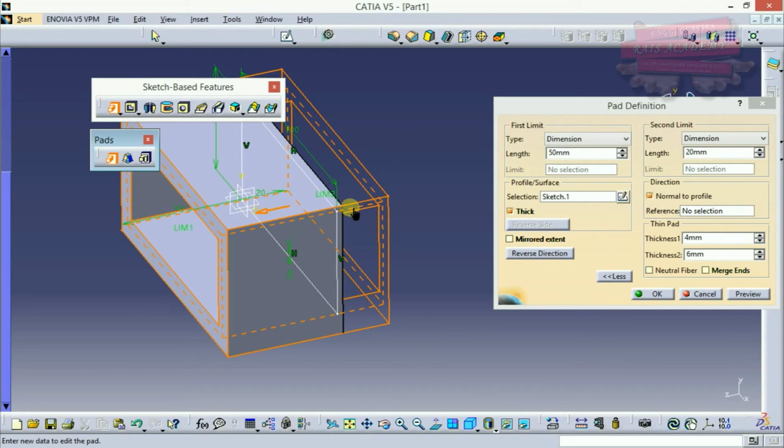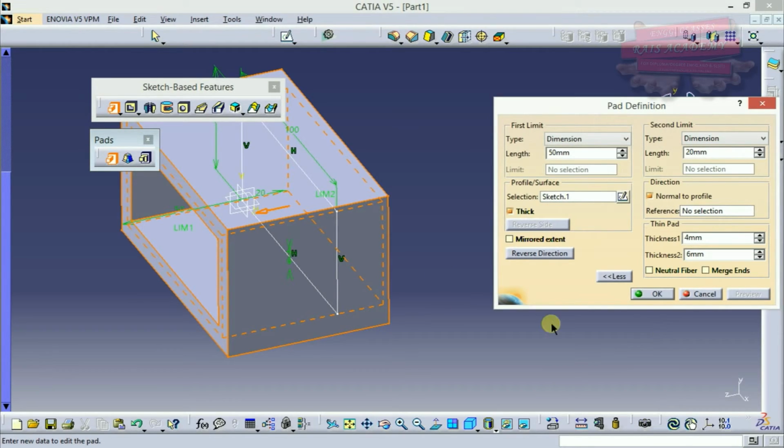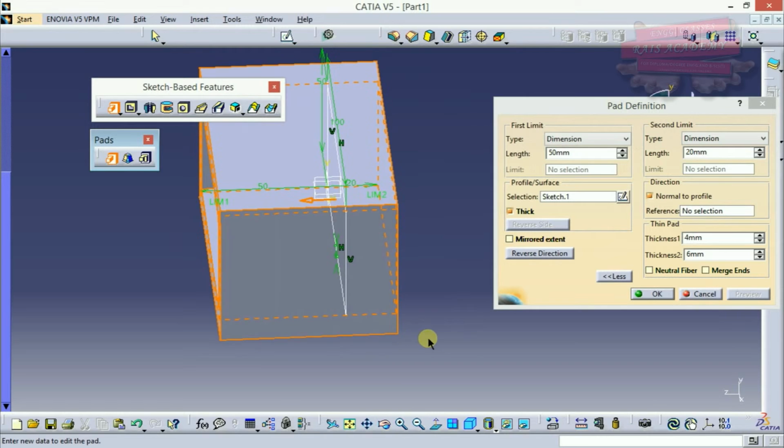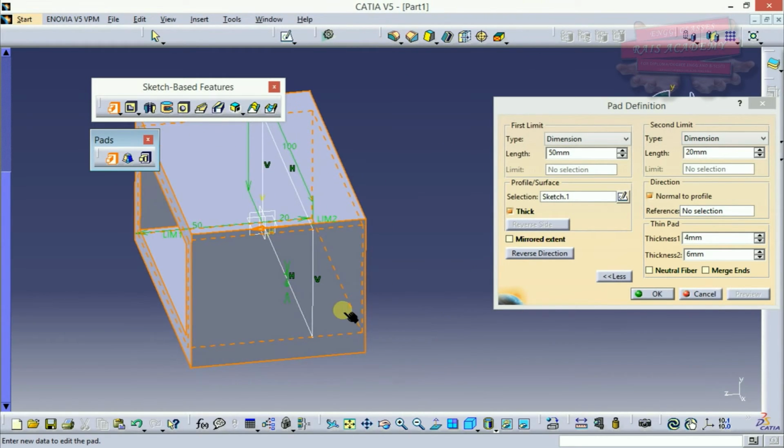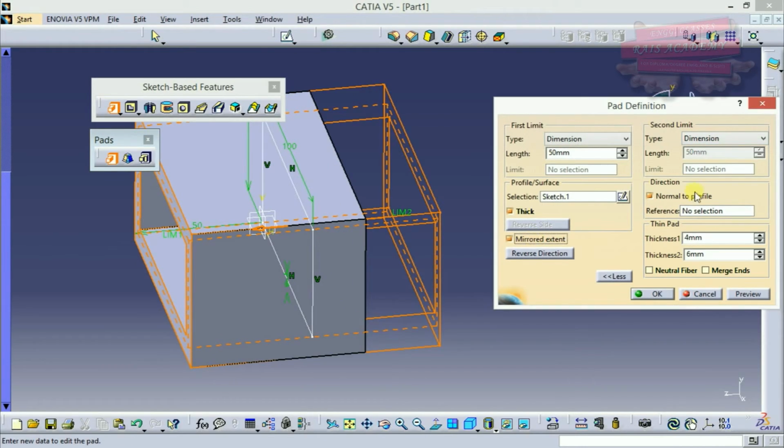You can see that at the length of 20, my figure has extruded. I'll click preview and you can see that my figure has extended in the opposite direction as well. Instead of doing this, if you want the object mirrored, you can select the mirrored extent command.